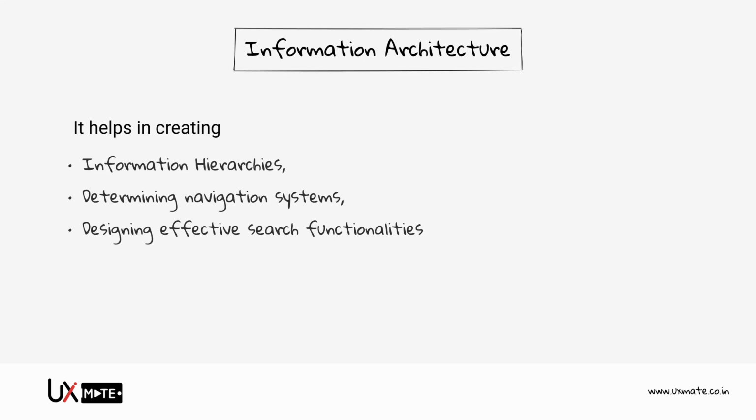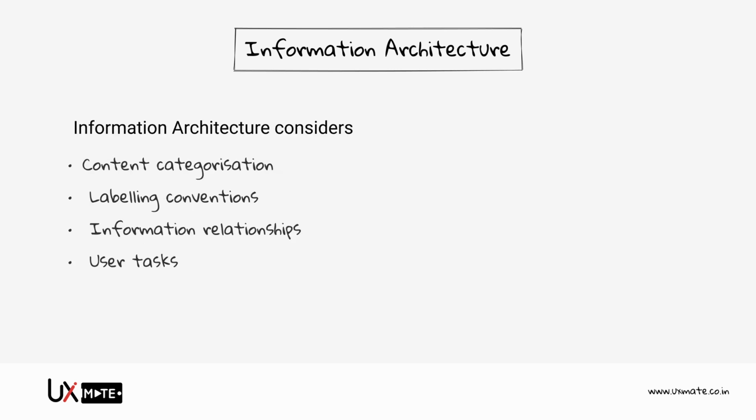This understanding helps in creating information hierarchies, determining navigation systems, and designing effective search functionalities. Information architecture considers various aspects such as content categorization, labeling conventions, information relationships, and user tasks. It aims to provide users with clear pathways to the information they seek, enabling them to accomplish their goals efficiently